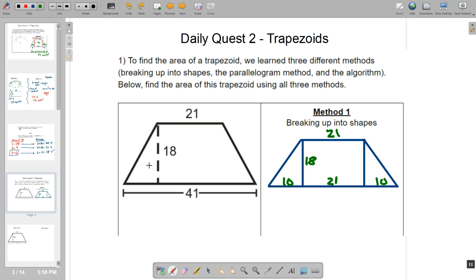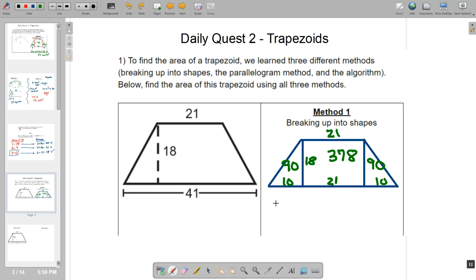Now we just have to find the area of each piece, and we add them all up. This triangle, we're going to do 10 times 18, which is 180, divided by 2 is 90. If this triangle is 90, this triangle has to also be 90. So now we have to find the area of the rectangle in the middle, which is 18 by 21. For a rectangle, you simply do 18 times 21, and we get